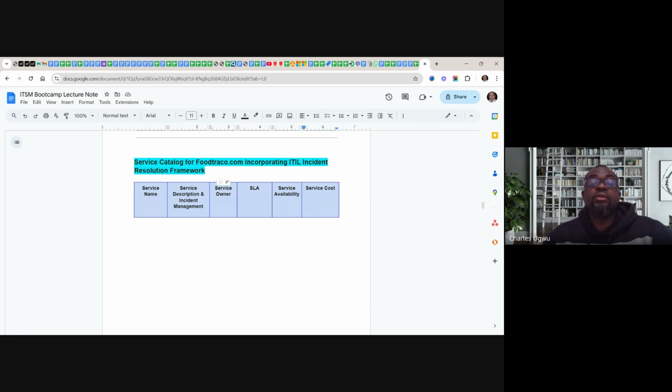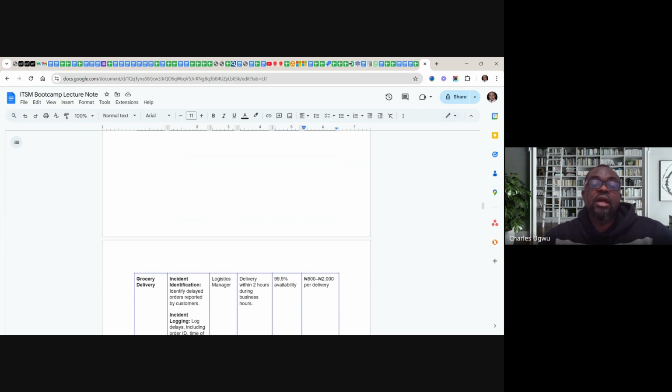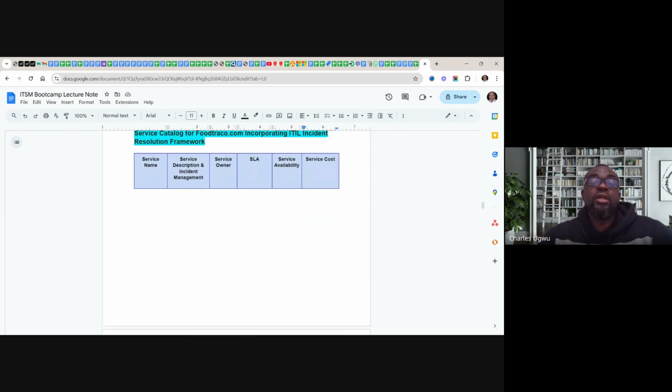So we have different owners of this service. This service comes within the operations, and equally within the resolution unit, that is the IT support unit. And we need to capture the service level agreement